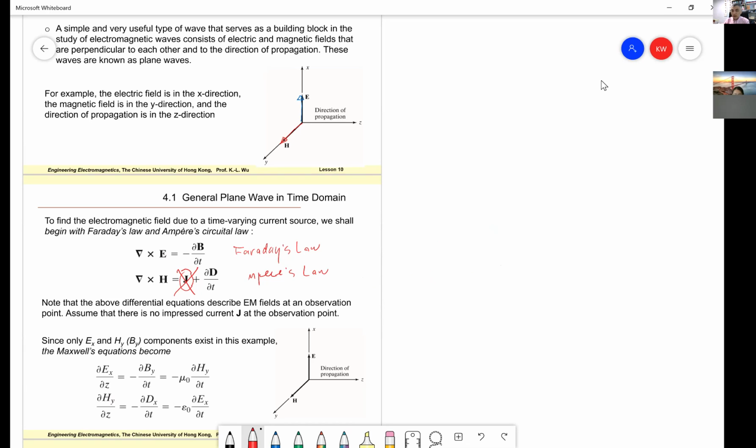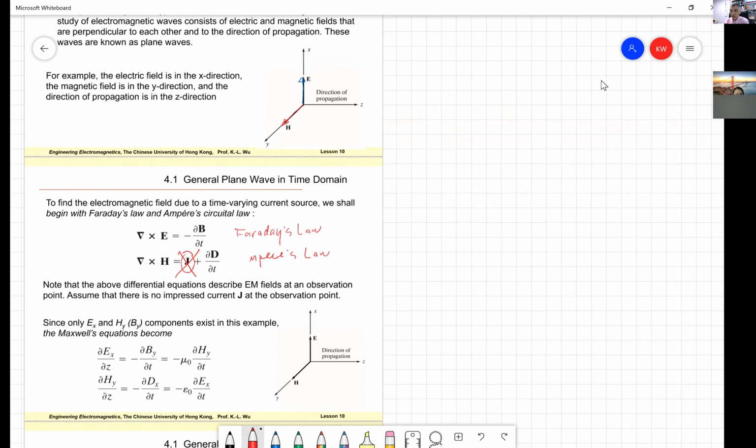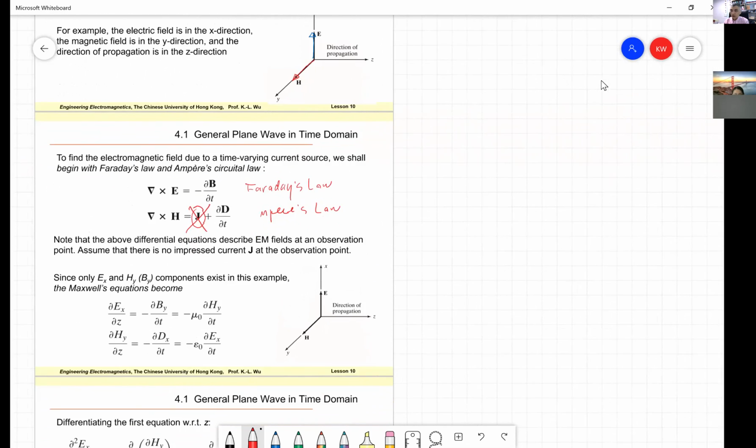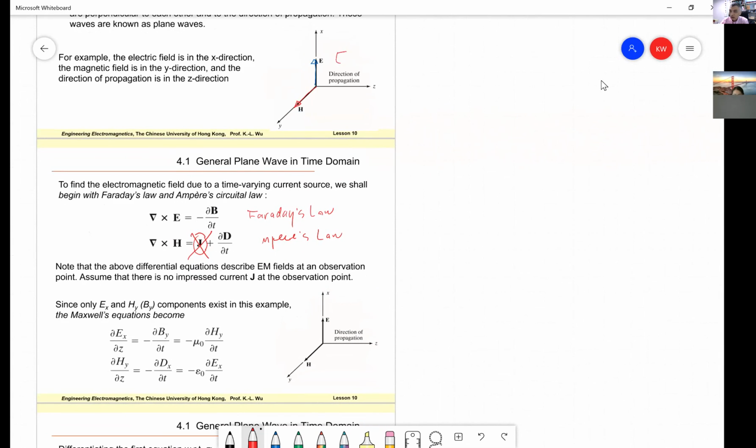Then let's start our discussion of how to find the field solution for the Ex and Hy. To find the solution from Maxwell's equations, let's expand the Maxwell equations. Let's expand Faraday's law first. Faraday's law, let's look at the left-hand side, the curl of the electrical field. If I write the curl of the electrical field,